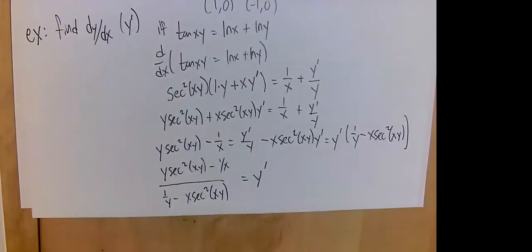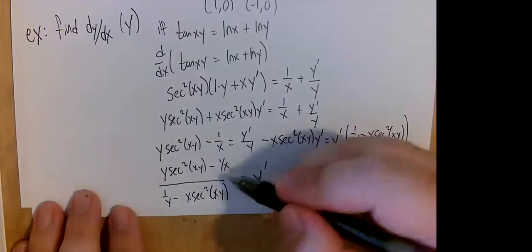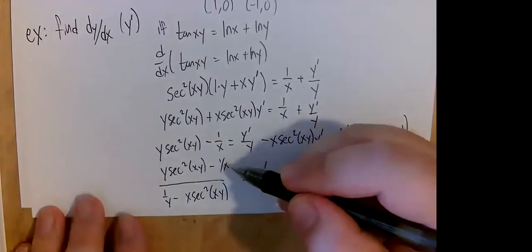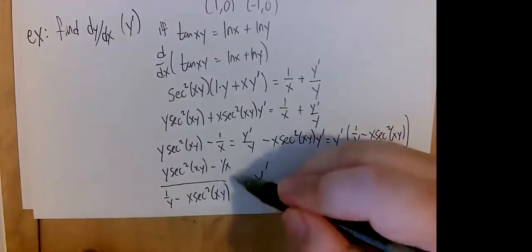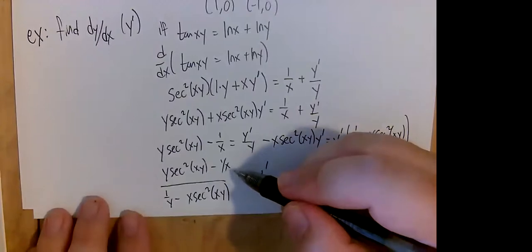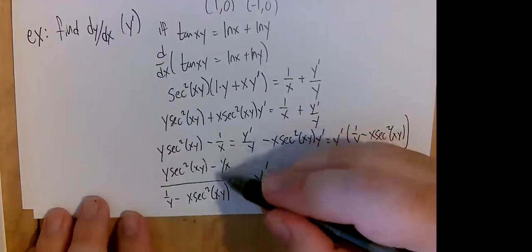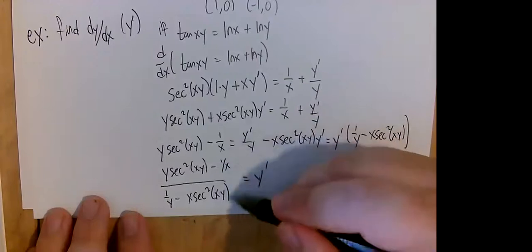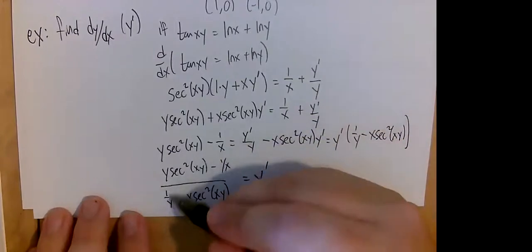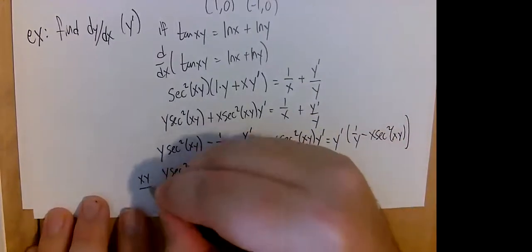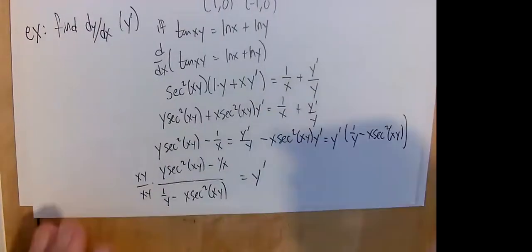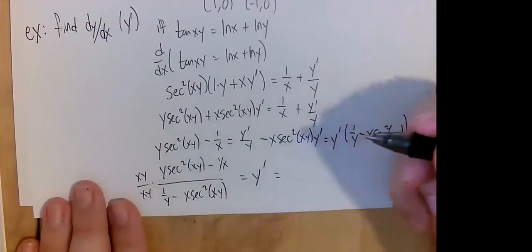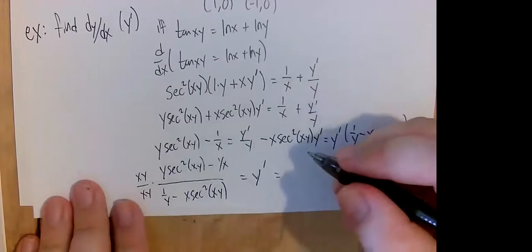Now, one thing we could do to make this look a little bit nicer, if you don't like these compound fractions, is multiply the top and bottom by x times y. So I can multiply the top and bottom by x to get rid of this, and I can multiply the top and bottom by y to get rid of this. If I choose to do that, and you don't really have to, but it will look a little nicer if you do, then we're going to end up with,